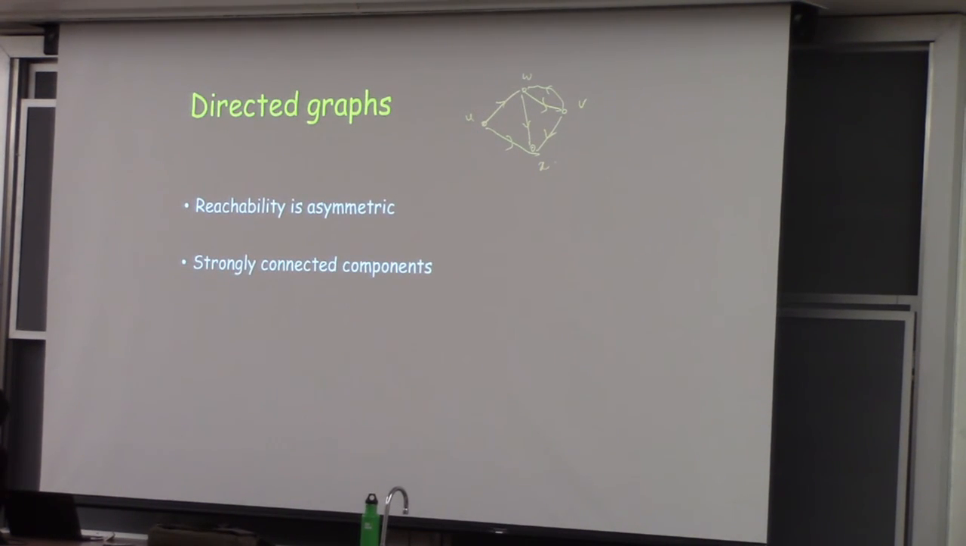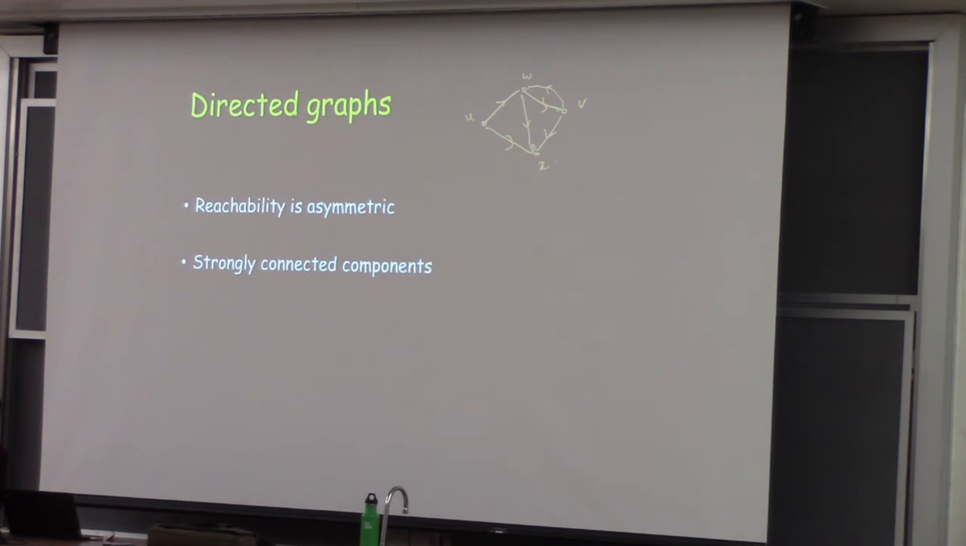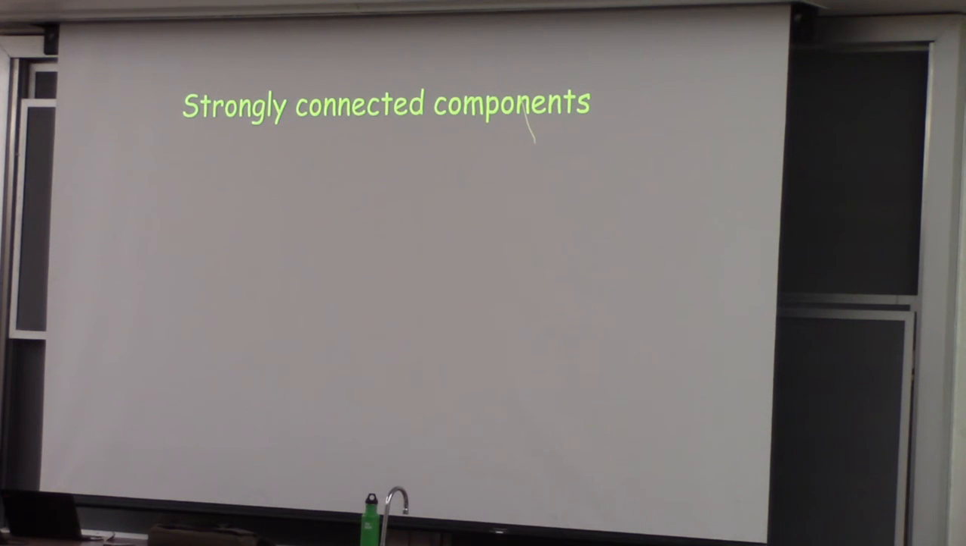Earlier we said a connected component is one where, for every U and V, there is a path from U to V, and this implied that there was also a path from V to U. So, for directed graphs, what people consider is what are called strongly connected components. Here you try to define it the same way. Let me write this as SCC: a set S, a subset of the vertices, is said to be